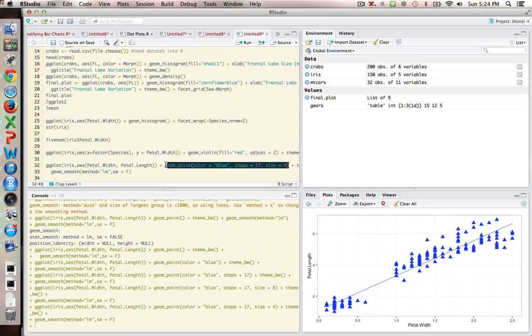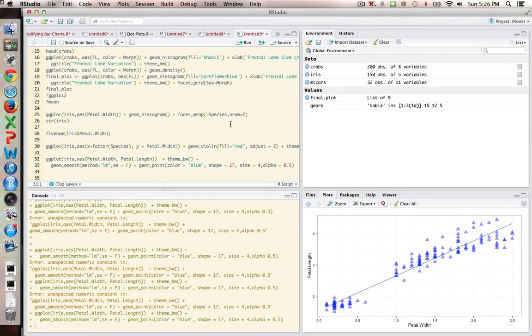I'm going to take this away and put it down here so we can see everything is going in here. What I can also do is to change the transparency, so that you can see through the points, and if you get really dark blue, that means you've got a number of points that are overlapping with each other. So I'm going to make my transparency about 50% normal, and now